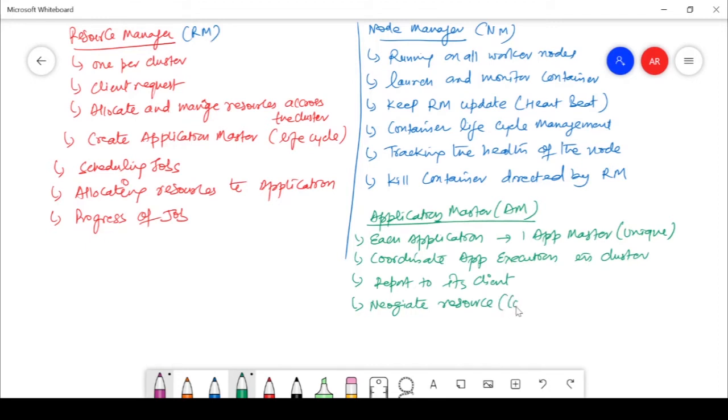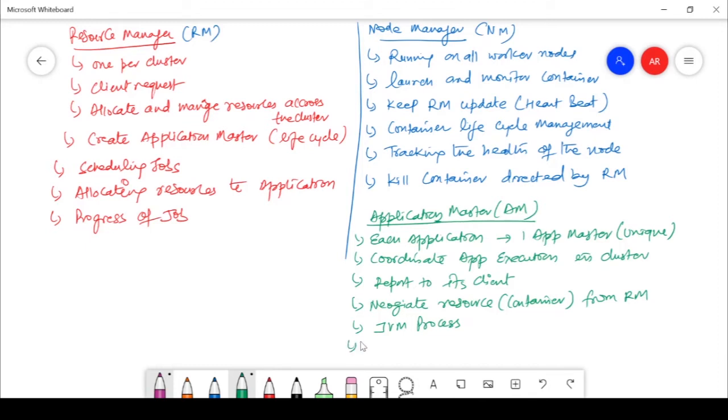Okay, that is resources. When I say resources, I mean these are the containers. So the application master will negotiate resources from the resource manager. It will ask the resource manager that it needs those kinds of resources. And if you see, the application master is actually nothing but a JVM process. That means the code which you have written in MapReduce, something similar will be there as a JVM process. That will be the application master.